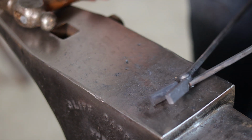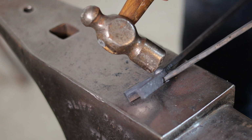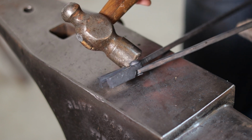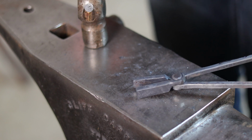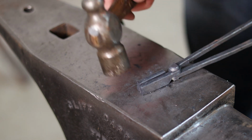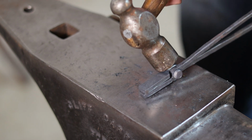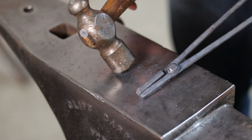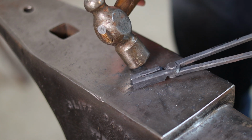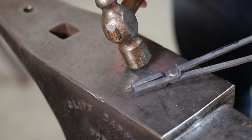Now, you can do any number of things with the jaws, and you'd want to do that obviously before you riveted everything together. I left these as flat jaws, strictly because this was made to be an educational or informative video. And you want to make sure that once you've got everything riveted together, you heat everything up and hammer everything together and then make sure that everything lines up perfectly. These ended up lining up pretty darn close right off the bat,